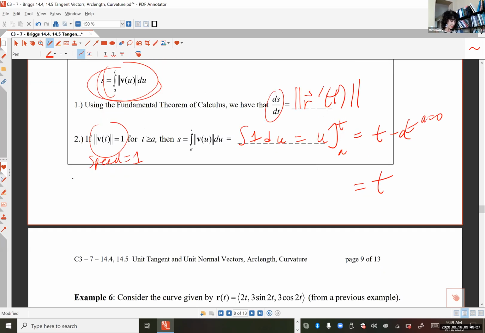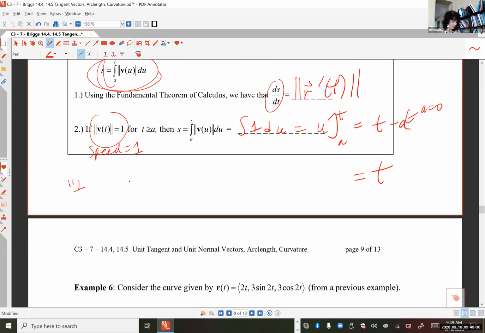So what is this saying in English, in case you didn't get it? If speed equals 1, the